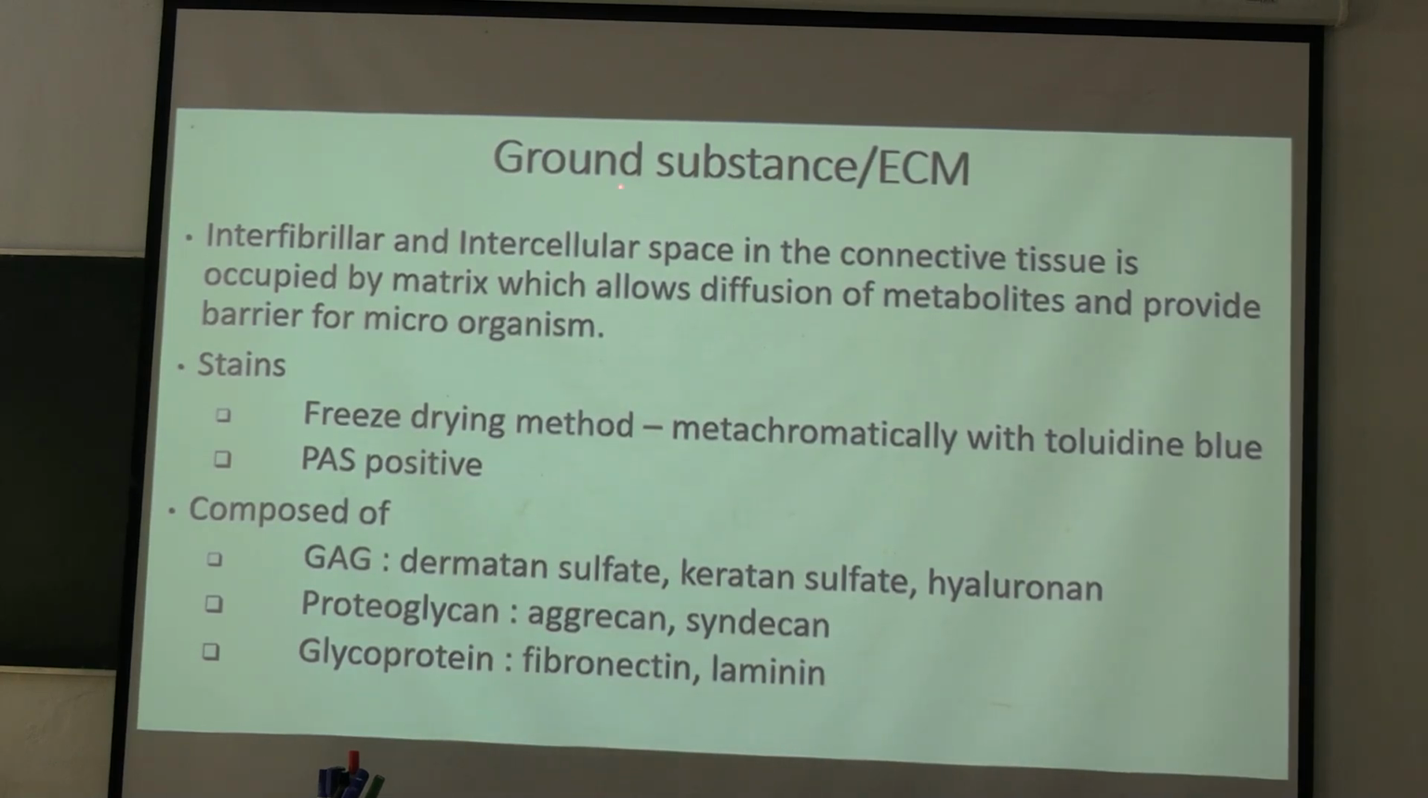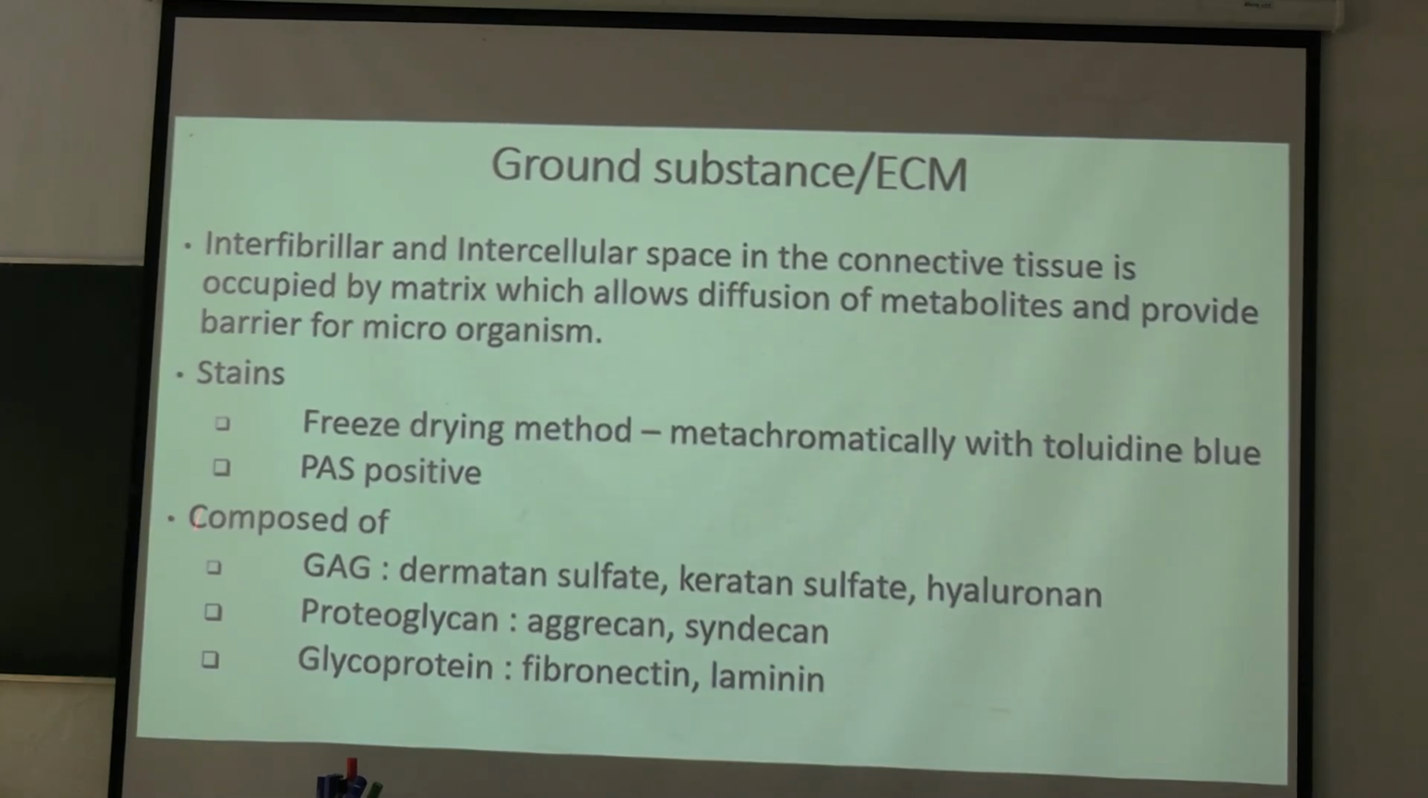So first we will discuss the ground substance or extracellular matrix. Interfibrillar and intercellular space in the connective tissue is occupied by the matrix, which allows diffusion of metabolites and provides a barrier for microorganisms. With the freeze drying method it stains metachromatically with toluidine blue stain. This is how ground substance is stained, and it is PAS positive, periodic acid Schiff positive. Okay, and this ground substance is composed of